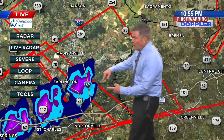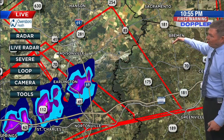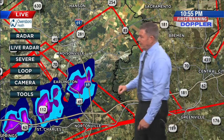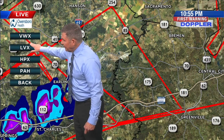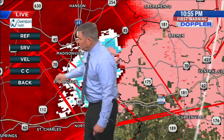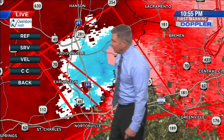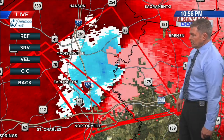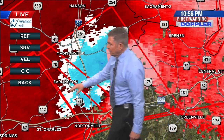I think right in between, there was certainly some damage here based on what we're seeing. And then now Bremen and Sacramento are next in line here. So we'll get back to radar here, get back to the more traditional data, and we'll continue to look at velocity. And we're getting a little farther away from the site here in Fort Campbell, but it looks like we still have something up here in this area. We'll check